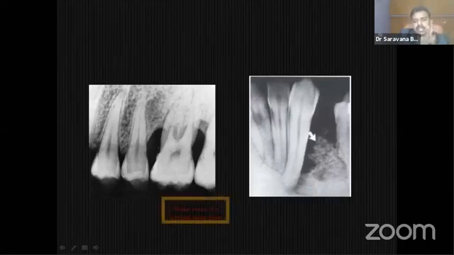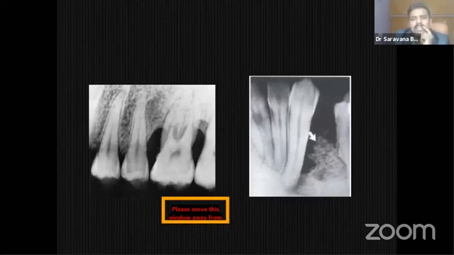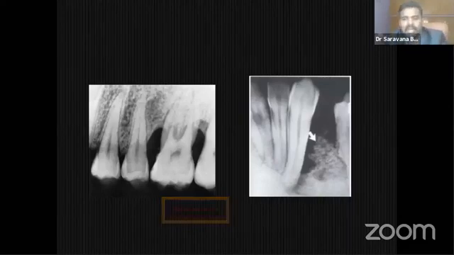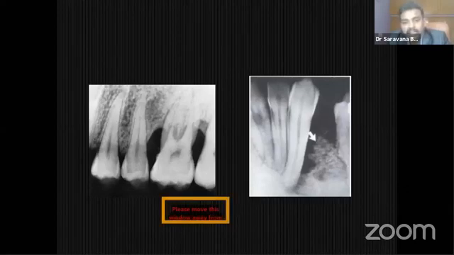Look at the first picture, there is a uniform scooped out bone loss. Look at the second picture, there is no uniform scooped out bone loss in the alveolar bone from the crestal region to the apical region. Look at this picture carefully. It is a case of a dangerous disease called osteosarcoma. It is not a smooth bone loss pattern. It has ragged or poorly defined borders. We can call it moth-eaten appearance. It is a case of osteosarcoma. Irregular widening of periodontal ligament space is called Garrington sign of osteosarcoma.